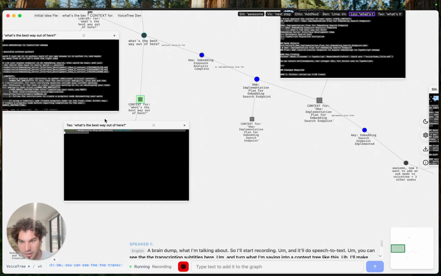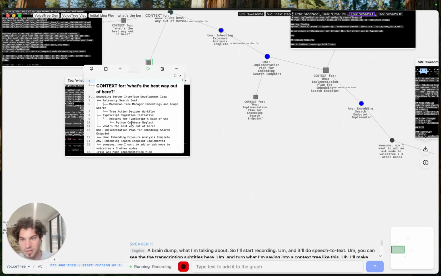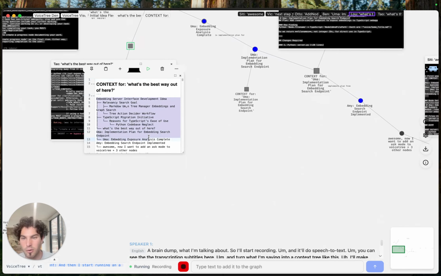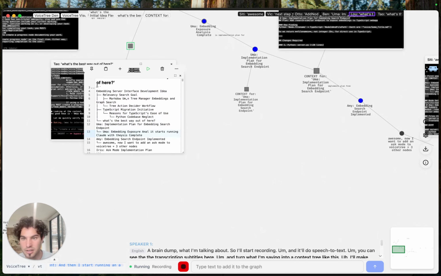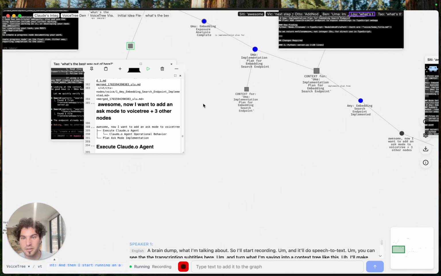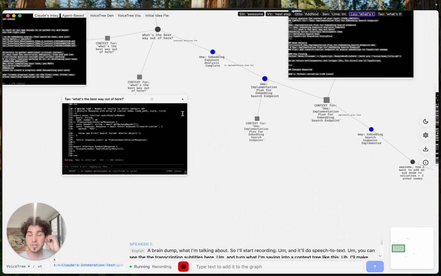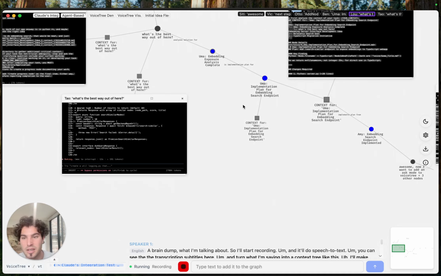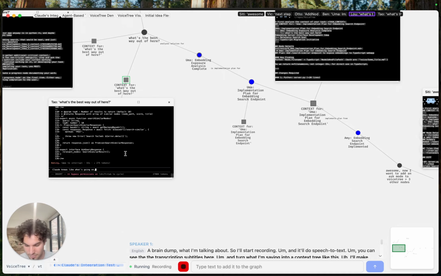It starts running Claude with the prompt from this context file, which includes all the nearby nodes and formats it as a tree and puts all the content there. So then Claude knows what's going on, why we're actually doing this, what the constraints are. And then once it's done, I'll kill this guy,